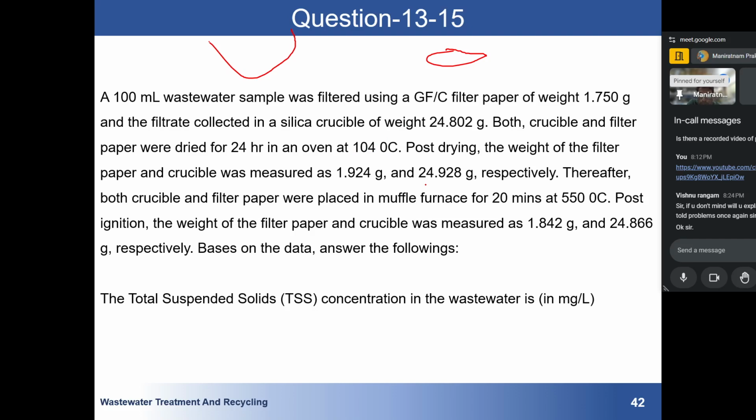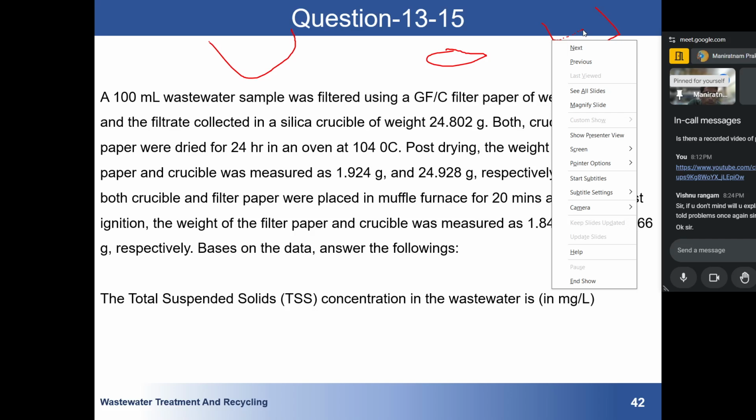Now post drying, the weight of the filter paper and the crucible was measured as this much and this one respectively. The first thing is to understand what is happening here. We know that our system contains some kind of solid. Our water contains some kind of dissolved solid and suspended solid. So we took